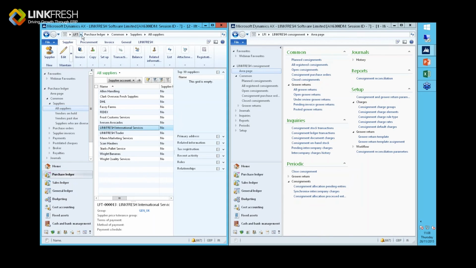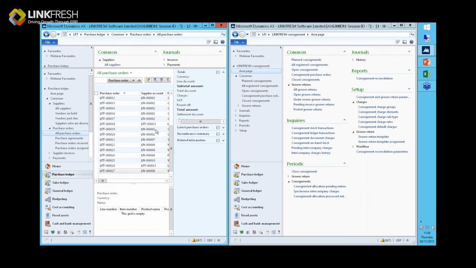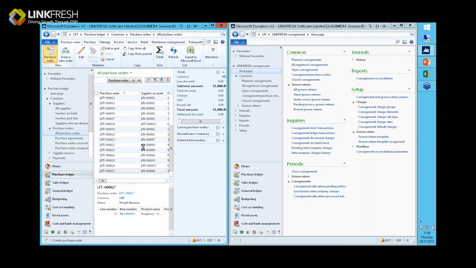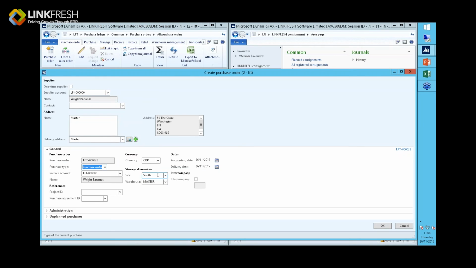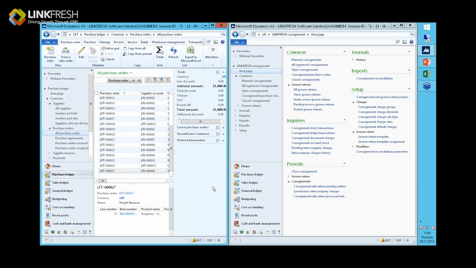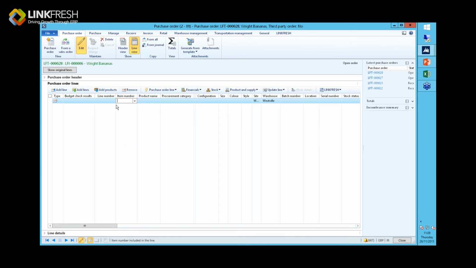So what we'll do now is a very simple purchase order on the trader side. If I raise a purchase order for any vendor, so I'm just buying stock from anybody, and I'm having it delivered to my west site, Westville, then the system knows this is the site and warehouse that is handled by a third party, and it knows that it's handled by this third party. As soon as I create my purchase order, in this case for my Raspberry items, I'm going to use the same. As soon as I raise my order on here, which by the way has a price in this